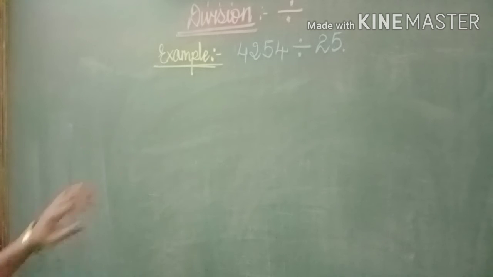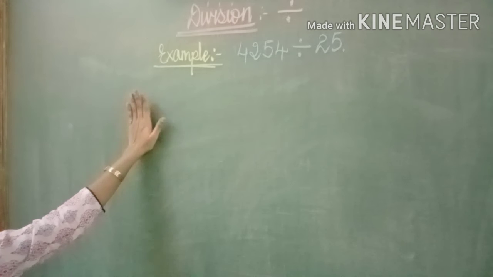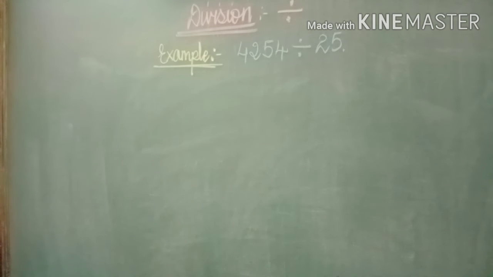Now this is the last step. We have done with addition, subtraction, and multiplication, and now we are going to do the last step, that is called division. Now division, how to do it? Before that, for division it is necessary to learn your tables. Up to 40 or 50 it is compulsory to learn your tables by heart.